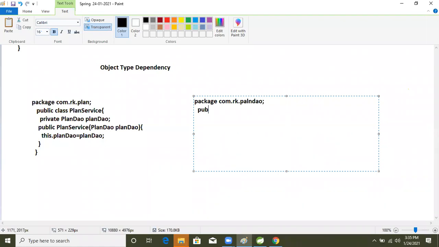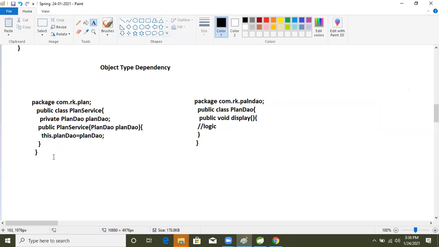Inside that I'm taking just one method only, public void display, with just logic, System.out. Logic is there; at the time of the practical we will write it, and here we will take one method inside that.